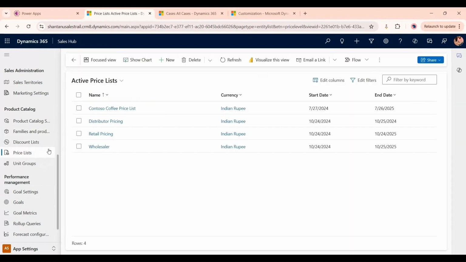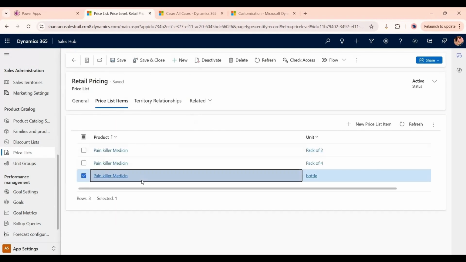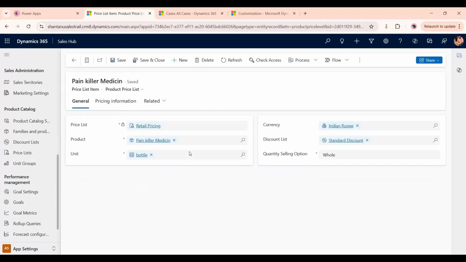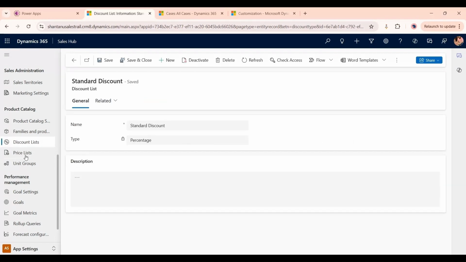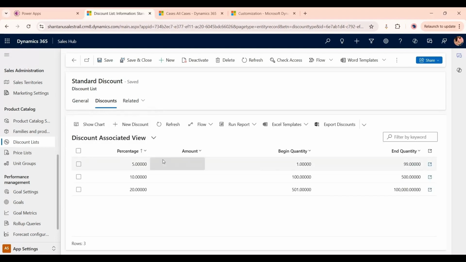While creating a price list, as you can see, if I open it, go to the price list item and open any record, here you can see that the discount list is also there. If I open this discount list, it will direct us to this record. So we could decide that the discount could be an amount or a percentage. And then if you click on related to go to the discount, here we can see that the discount is 5%